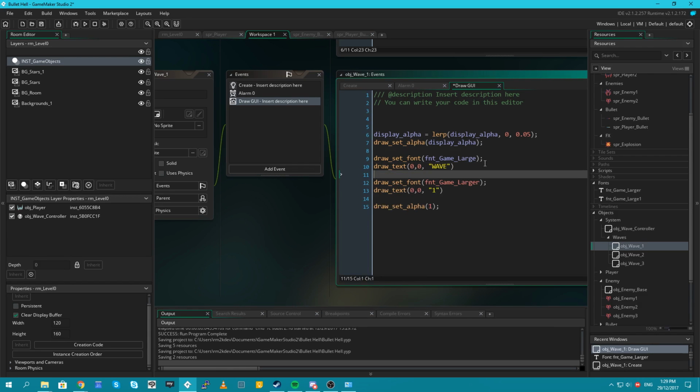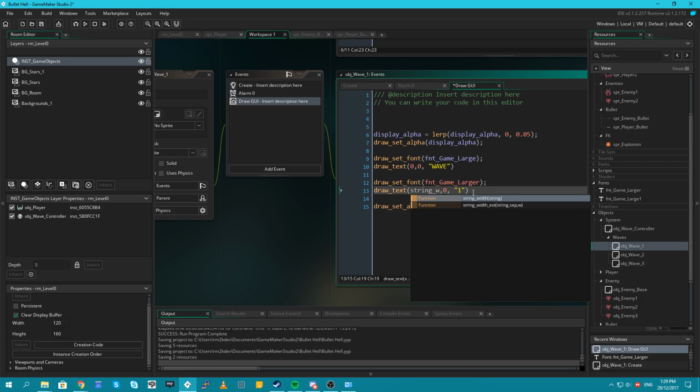Right, and then this time I want to center this in the screen. So the X position should be string, I think there's a function called string_width. The string is wave 1, and we will divide that by 2, and then subtract half.